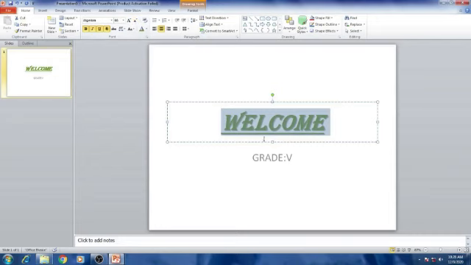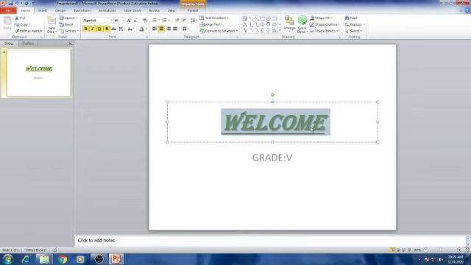Got it? And next we are moving to specifying alignments. Okay, what do you mean by alignment? Where we have to place this particular text, that is alignment. You can keep the text in center, left side, right side, top, bottom, that way, anywhere you can keep it. Inside this placeholder, you can move this particular text.